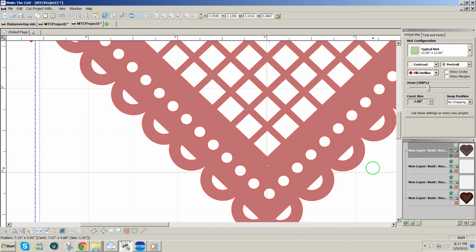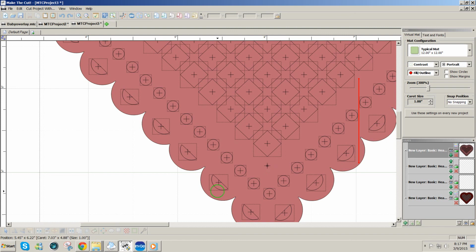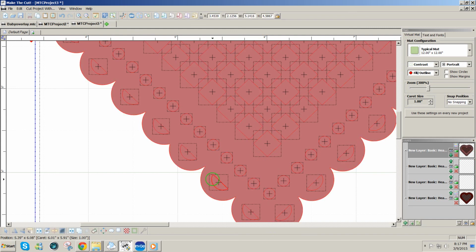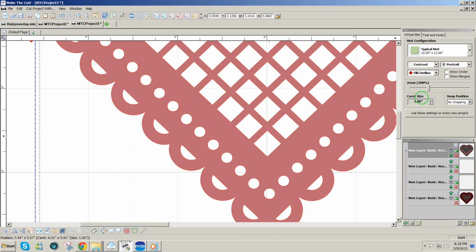I see a little dot there, so I'm going to undo the join. I'm going to click on that little dot, select it and delete. Now I'm going to click on the icon again to select it and join,